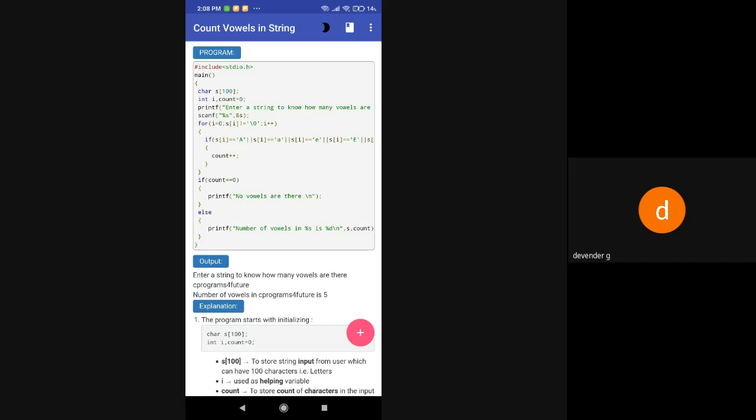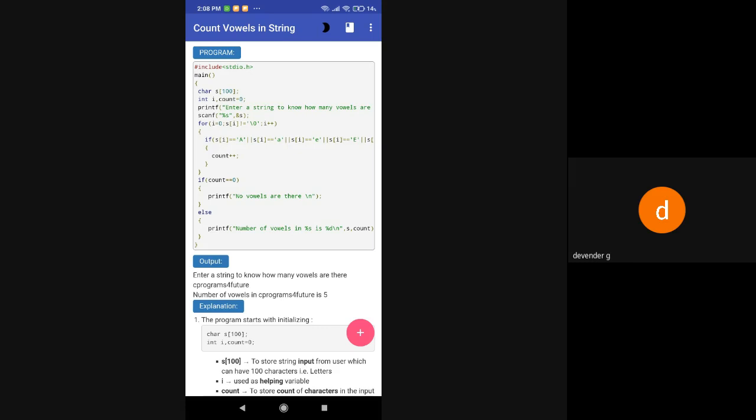Then for counting, I need count as a variable, and i is the variable which is going to check each and every element that is there in the string. From the starting point to the end point, it depends on how many characters are available. For that I need a variable for iterative purposes, because I want to go step by step. I have to check whether the first letter of the sentence you have given is a vowel or not, the second letter is a vowel or not, the third letter is a vowel or not. Like that, I have to check one by one, moving step by step from the beginning of the sentence to the end.